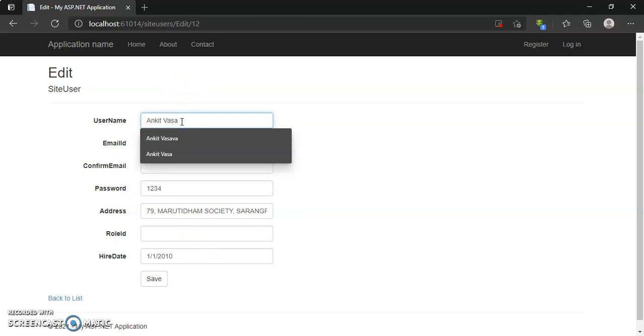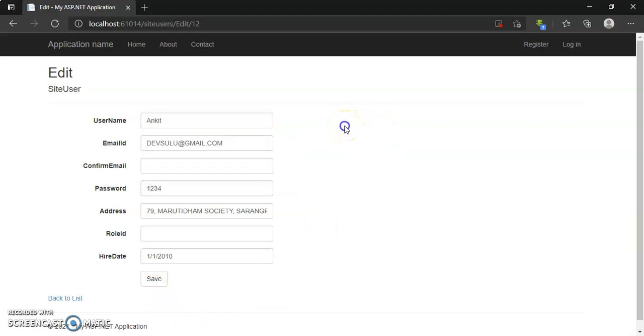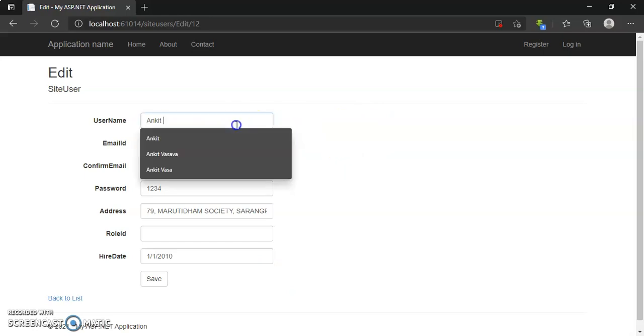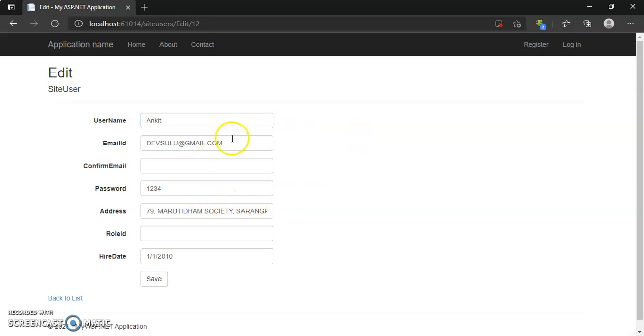I have given client side validation using the scripts. So I remove this last name and give first name, then a space. So this is wrong, so it has to give an error. I have just typed and click anywhere, and it will give us an error.